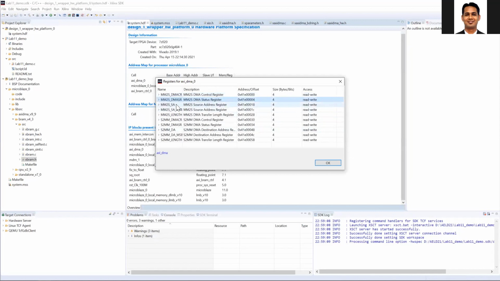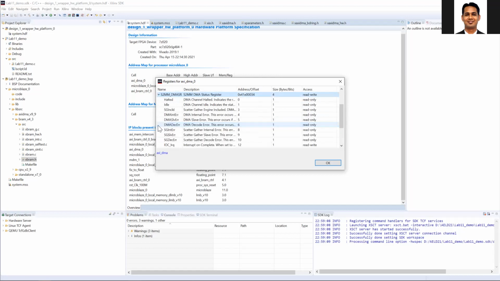Similarly, there will be the same status for the S2MM. For S2MM, you will see the same status. The S2MM is at the 34 address, so the address is directly given.